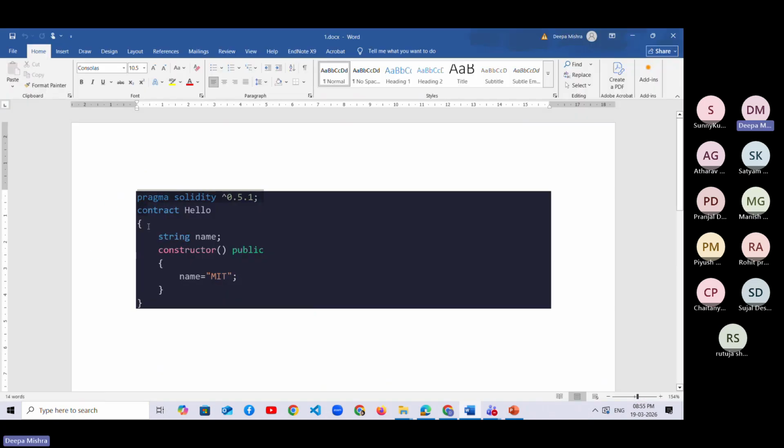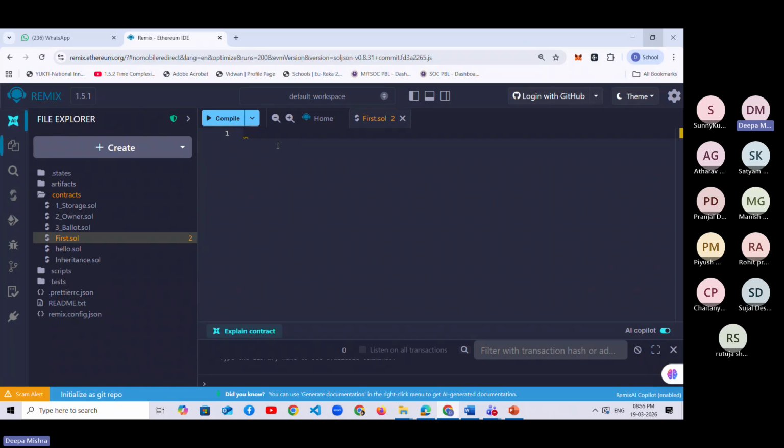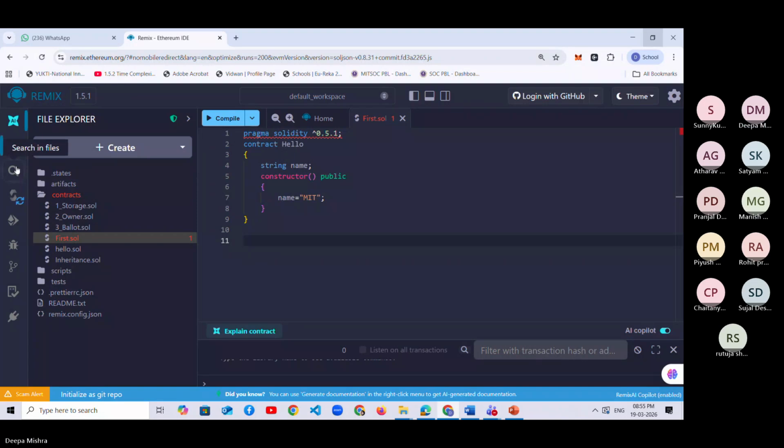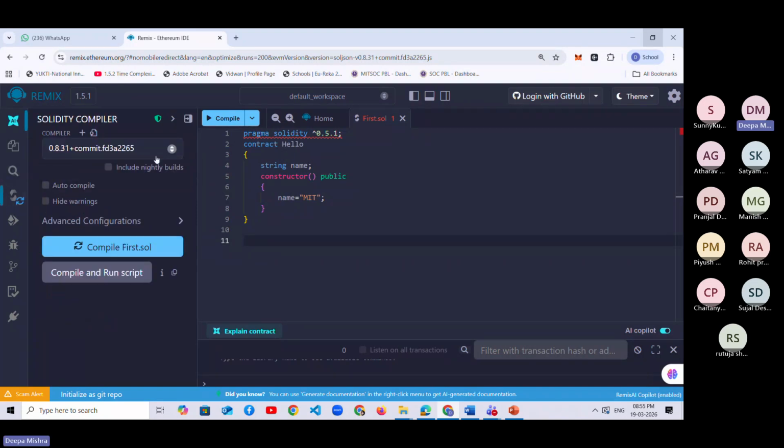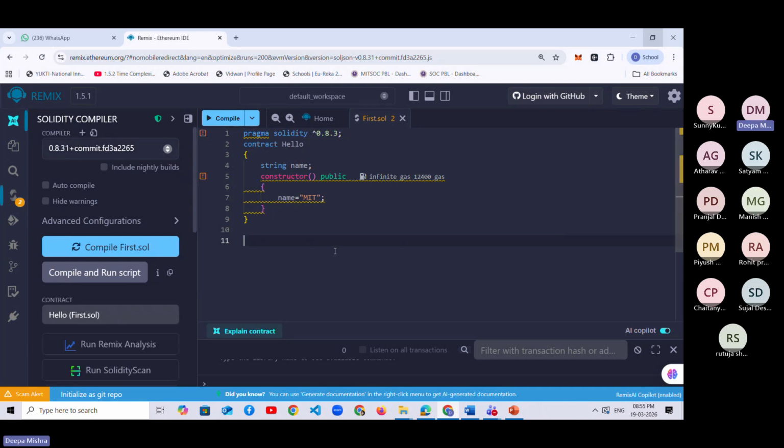Okay, so we can just start with the basics. Here I've written... Let me just go to this interface and you can just start doing your coding. Right, so you just need to ensure that your Pragma Solidity versions are matching. Right. Once you do that,